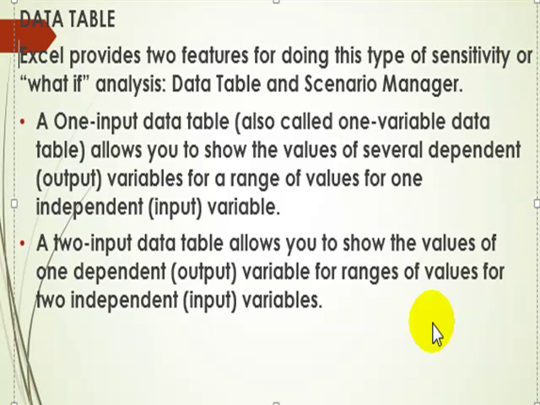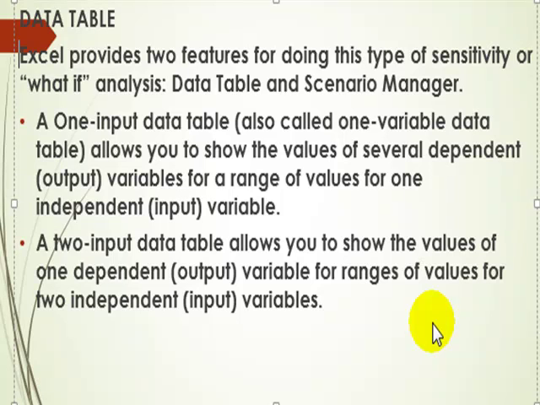You want to see the behavior of a particular dependent variable, or the output variable, as a result of changes in one of the input variables, or as a result of a series of different input variables, or a single input variable. For instance, when we carry out our analysis on knowing the future value, the future value is a function of the interest rate, the present value, that is the loan amount, the number of years, and the type of analysis. Now you might want to see what will be the future value